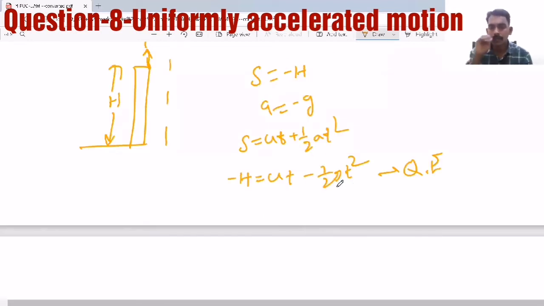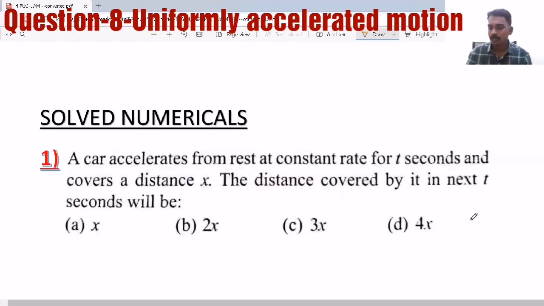Like they can ask a question like, from a rising balloon a body is dropped, a particle or a stone is dropped. Even though you are dropping, as you are dropping from a moving body, it will acquire the same speed as that of the balloon from where you are dropping. So it becomes the case like you are throwing it upward with a certain velocity from a certain height. Then you can apply this equation and solve the quadratic equation. Now let's see a few questions based on these things.